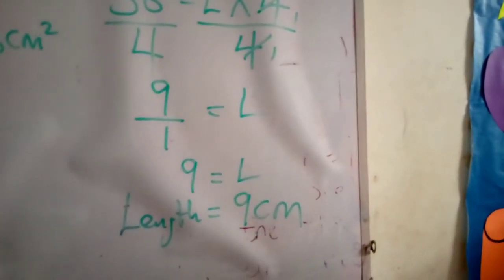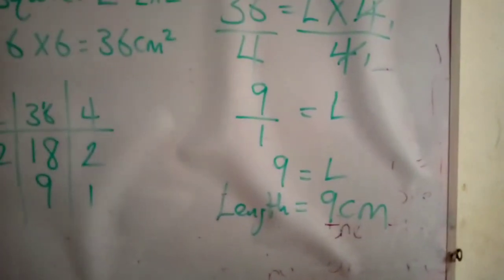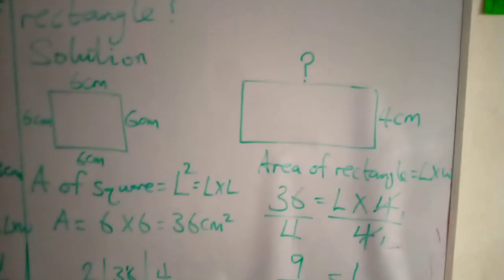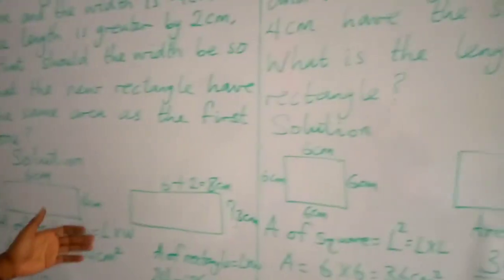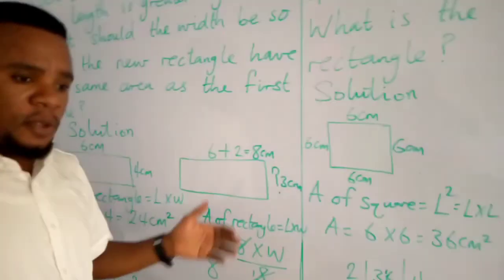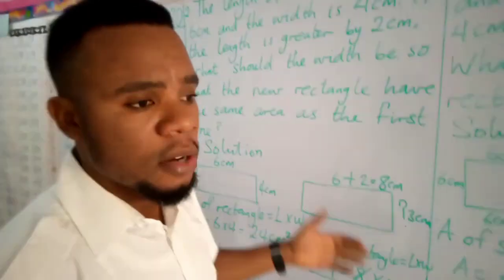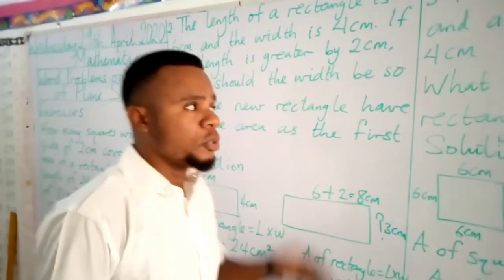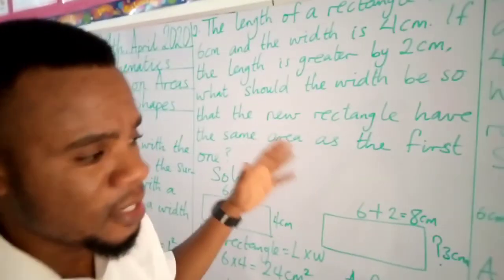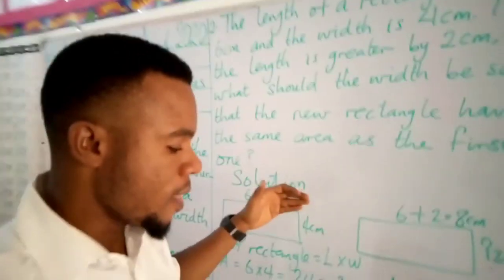Don't forget your unit. It's paramount. You know that. You should put it at the end of your answer. So with this, I believe you'll be able to go through your exercises. You'll be able to solve it. If there's any question, you just let me know. Remember, go through this. Each step is explained accordingly. You go through it and you'll be able to do your exercises